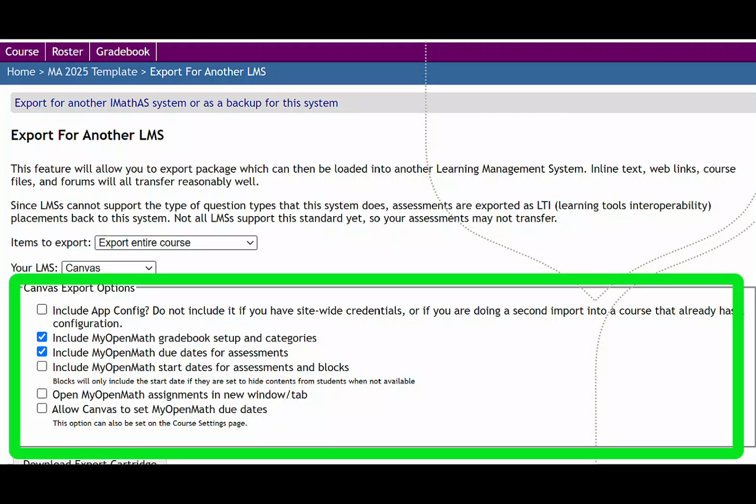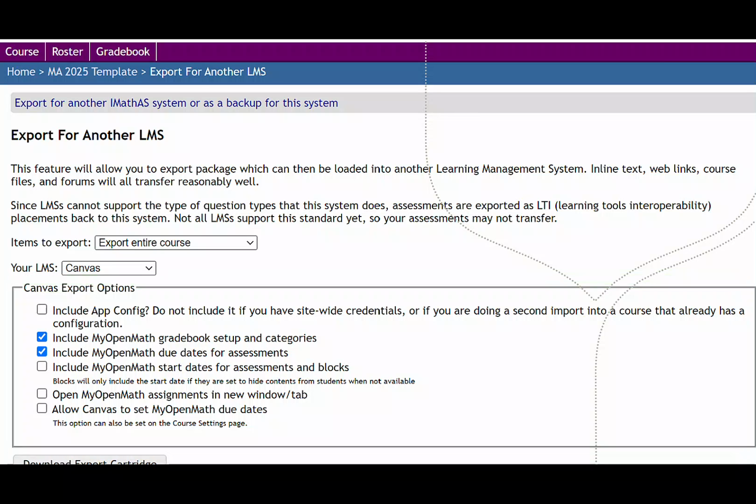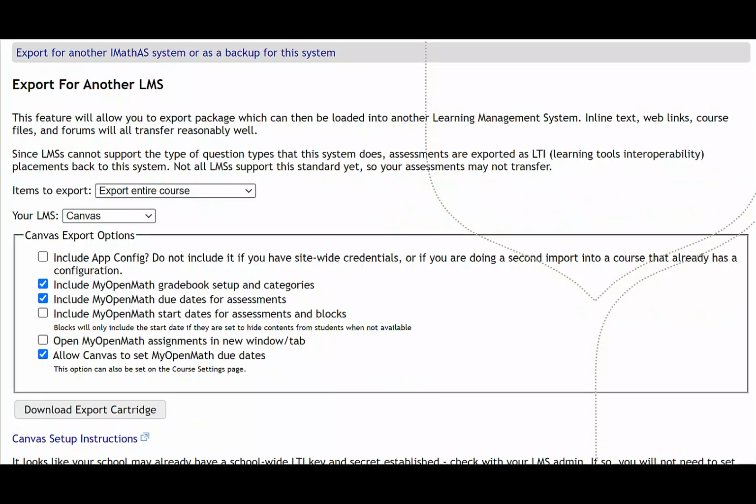I want you to look at the choices that it gives you. Because Canvas allows you to set up due dates directly into Canvas, I want you to click this Allow Canvas to set MyOpenMath due dates before we do the export. Now that we've clicked Allow Canvas to set MyOpenMath due dates, I want to show you one more thing on